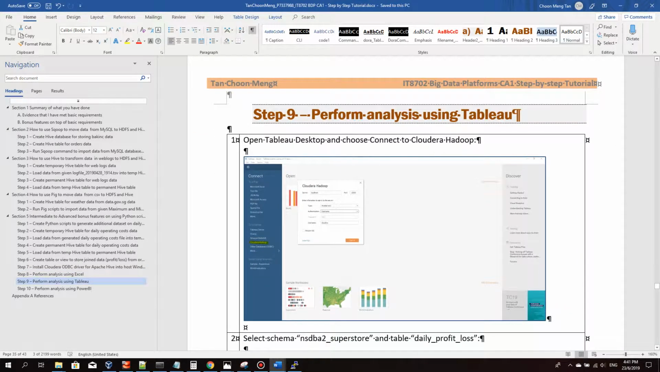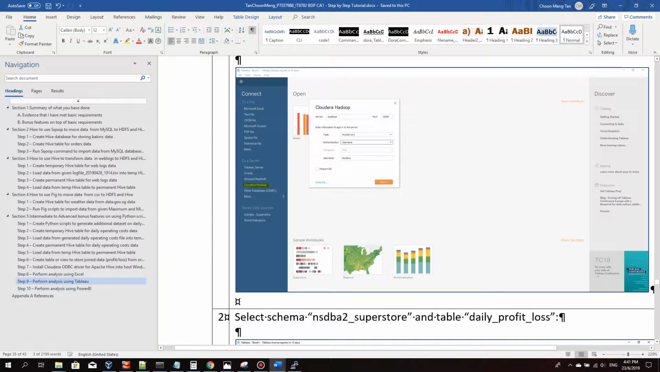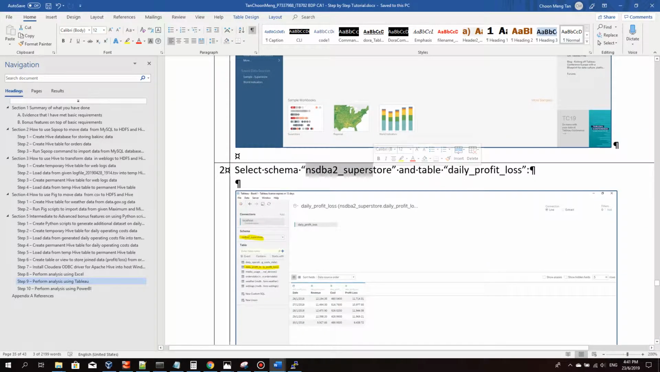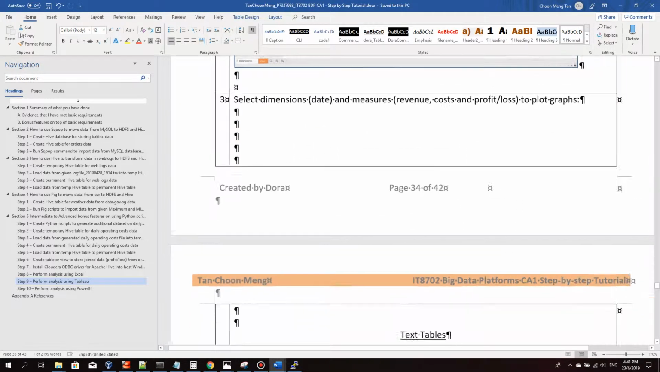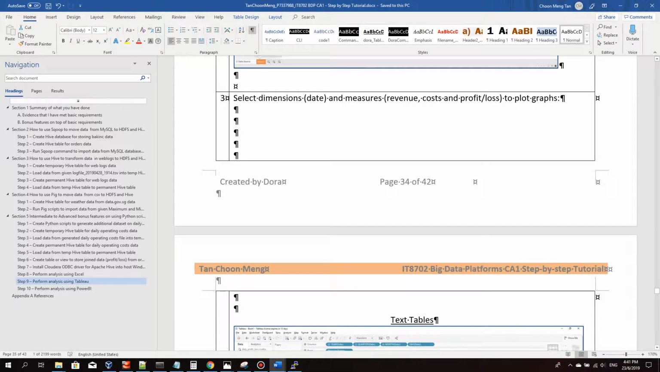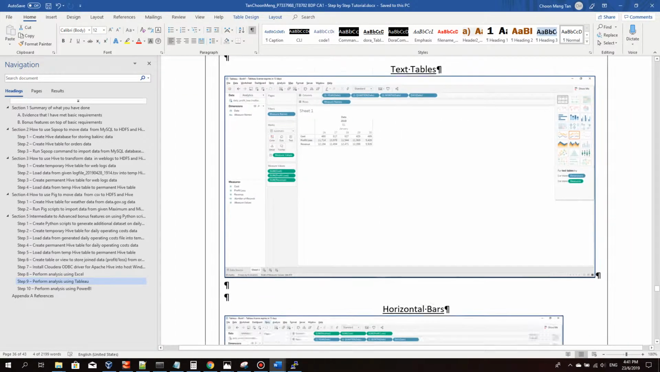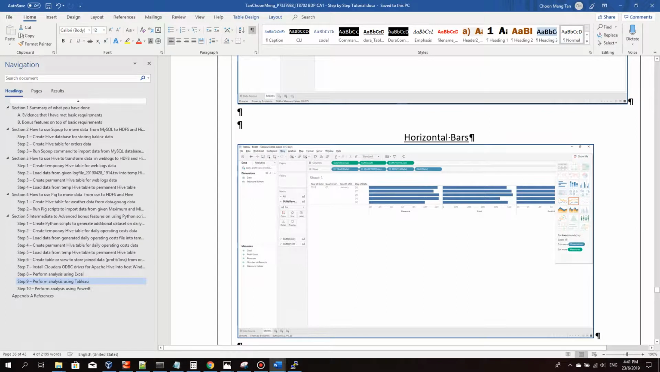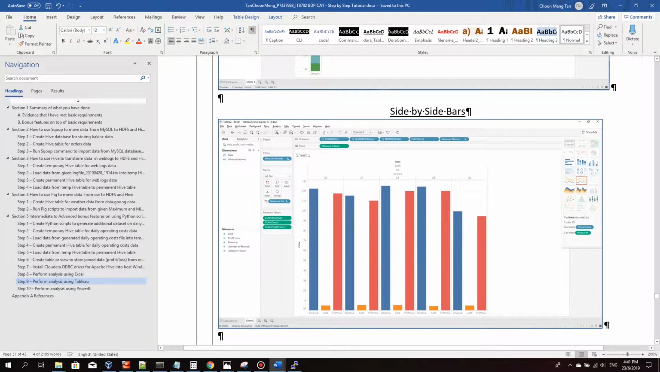Next, we can use Tableau to do the same thing. Okay, we connect choosing Cloudera Hadoop, choose the schema and the table, and we can see the data is being loaded. Then we can do a series of plots using date as a dimension and revenue, cost, and profit loss as the measures. So this is the basic text tables in Tableau. Okay, horizontal bars, stack bars, side-by-side bars,